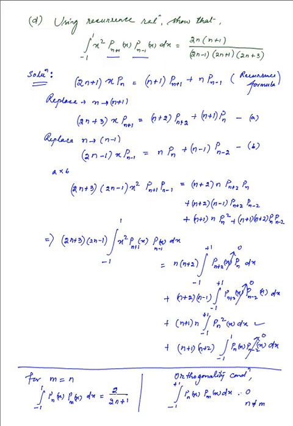So on the left hand side we have 2n plus 3, 2n minus 1, and integration of minus 1 to plus 1,